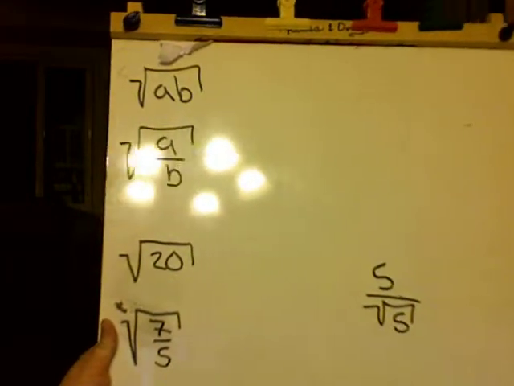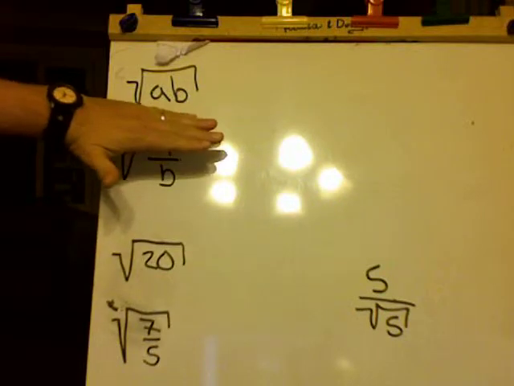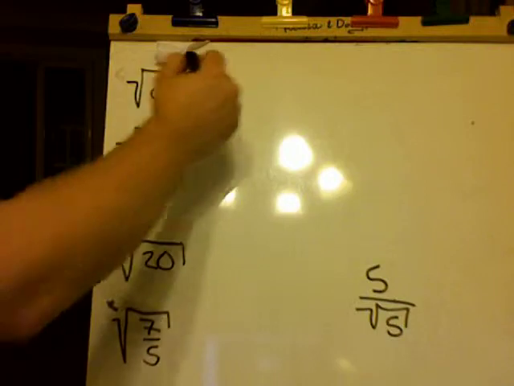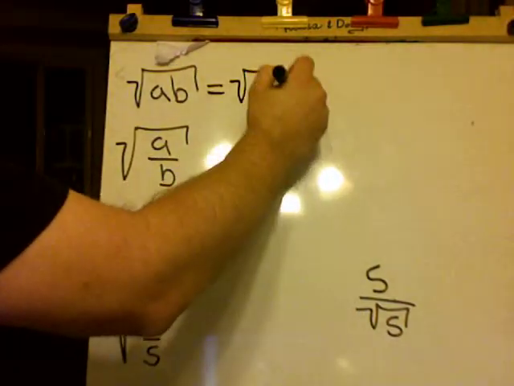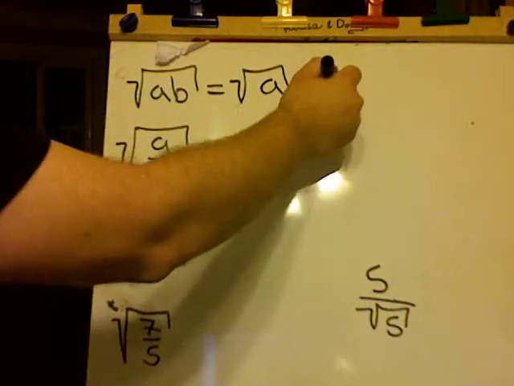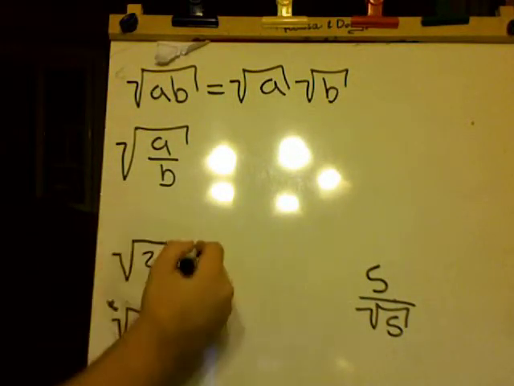Okay, so we've got a few rules here to deal with square roots. Say I'm taking the square root of a times b. I can rewrite that as the square root of a times the square root of b, and vice versa. So if I had something that looked like this, I could rewrite it like that. So where does that do us any good? Well,